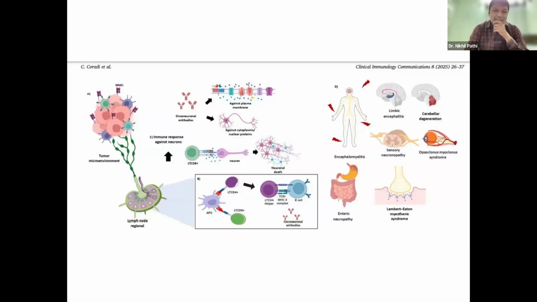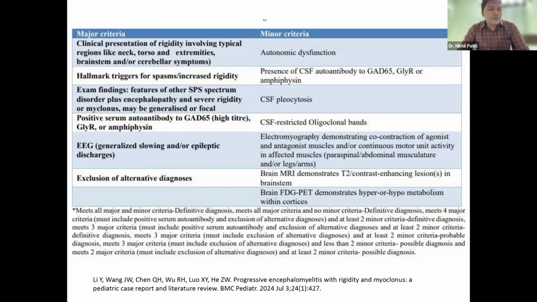Okay. Right. Just to understand what usually happens is that because of the tumor neoantigen exposure, whenever these dendritic cells or antigen presenting cells process them, there is some cross reactivity to neuronal antibodies, which damage the neurons. And this manifestation can occur in varied ways, like the encephalomyelitis or the sensory motor neuropathy, opsoclonus myoclonus, cerebellar degeneration, or the myasthenic syndromes. For our patient, it was fitting into the major criteria, that is the rigidity,